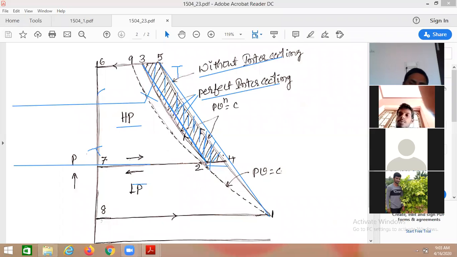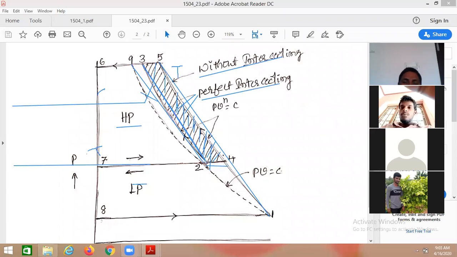So why is it not possible to continue with isothermal compression? Suppose starting from 2 and following along the line 2-9, even more work can be minimized. But practically that is not possible. If the isothermal process is to happen, the compressor must run at a very, very slow rate. Practically that is not possible.